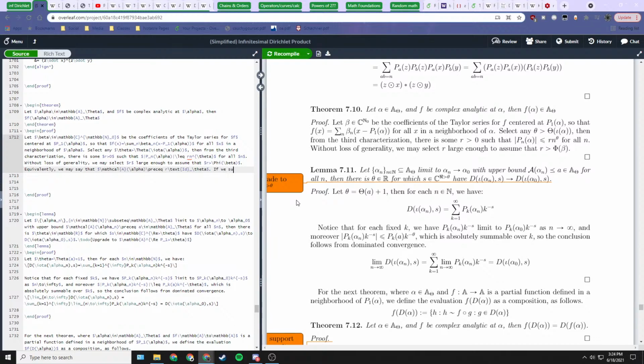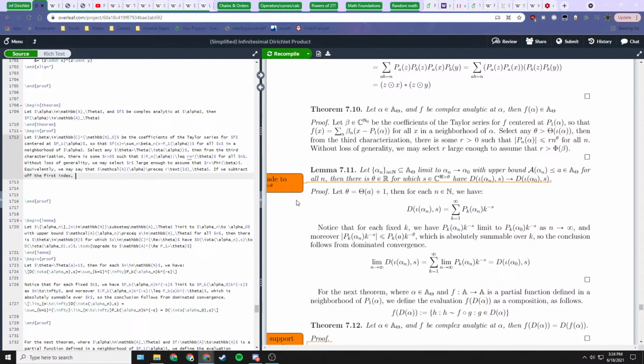If we subtract off the first index, then also we can say, and this is important,